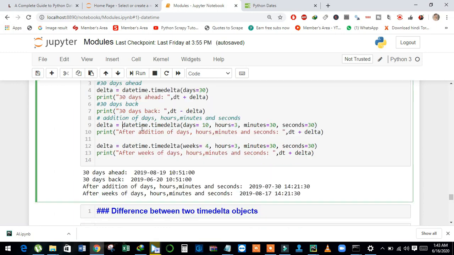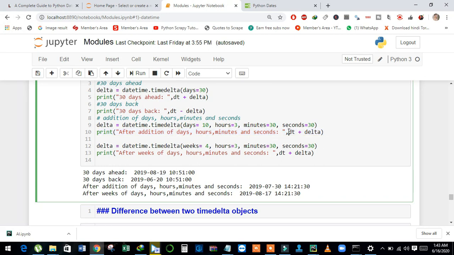And see here, in this example I want to show you addition of days, hours, minutes and seconds. And see here we have object of timedelta, and see here these are the arguments, and this is the object of timedelta class. And see here I want to just calculate addition of days, hours, minutes and seconds.